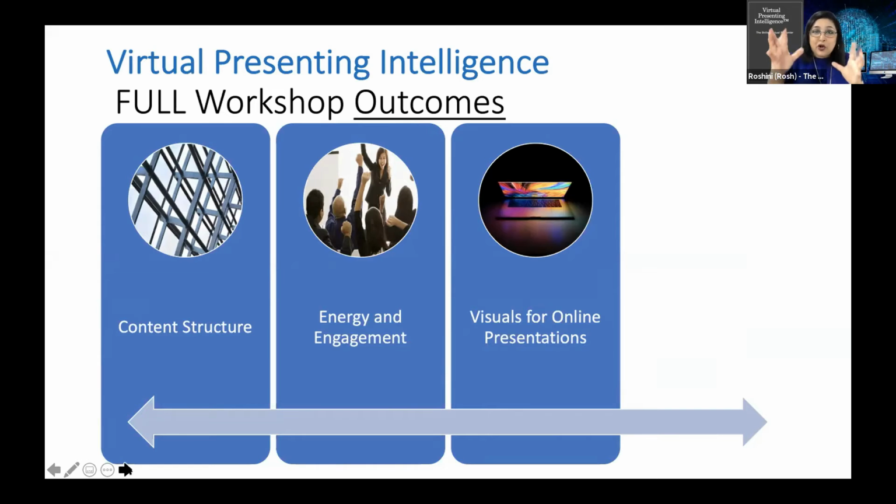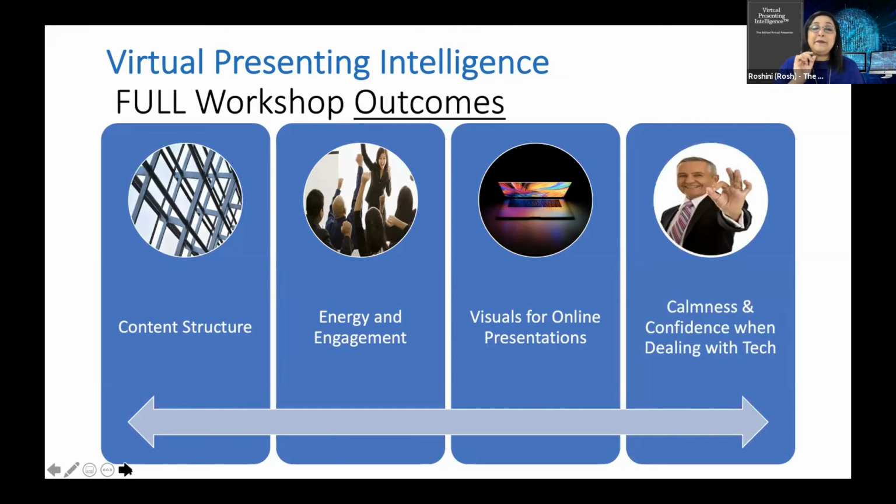It needs to be stronger, it needs to be brighter, it needs to be bolder. And I know some of you met my friend TT the last time, where he talked about how to design good PowerPoint presentations. And we also must be able to be calm and confident and be very comfortable using technology, not just Zoom, but also using other tools like Jamboard, Mentimeter, Miro, Slido to make your presentation even more